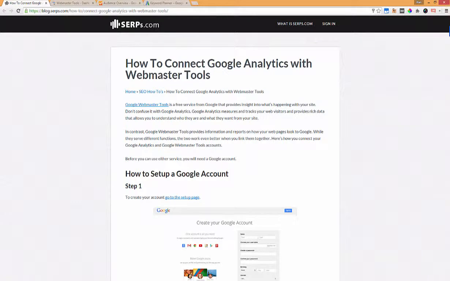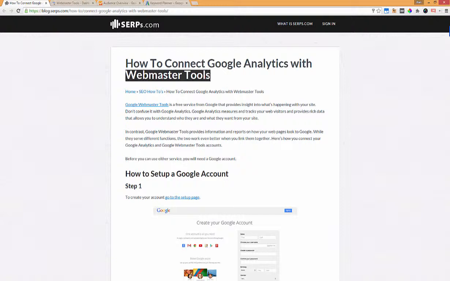What I'm hoping to go over today is how to identify keywords that are potentially not getting enough traffic that you can focus your SEO, search engine optimization, on to then boost that keyword up the rankings and get more actual traffic. One of the first things you'll need to do is make sure that you have your Google Analytics